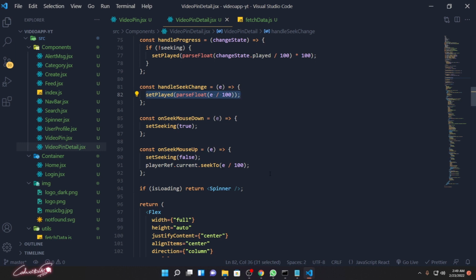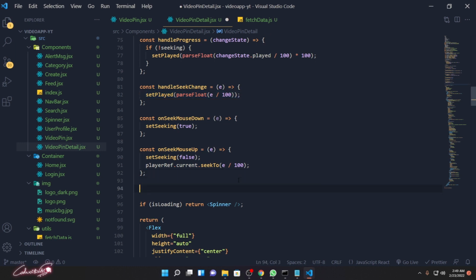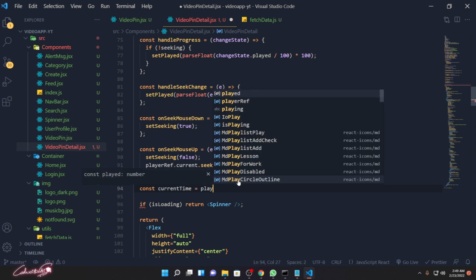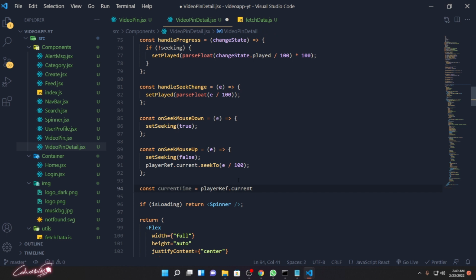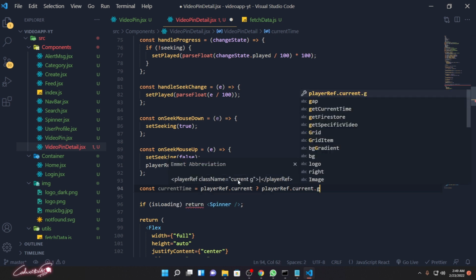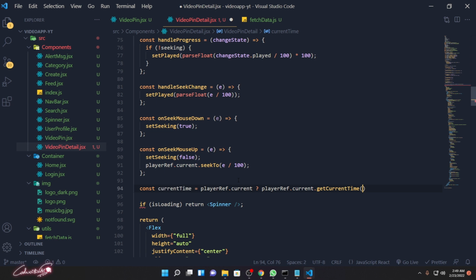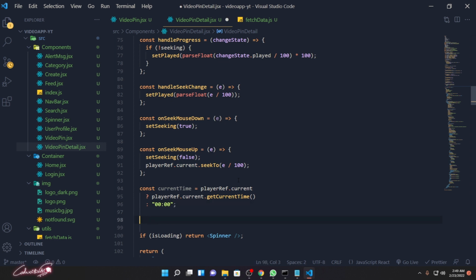Let's open your video pin, and right after here, I'm going to create a variable called const currentTime. Const currentTime equals the player reference dot current. If the player is available, get the player reference current dot getCurrentTime, that current time. Okay, and if it is not, set the current time to 00:00. Save the changes, and we are going to get the elapsed time also. That means the played time,